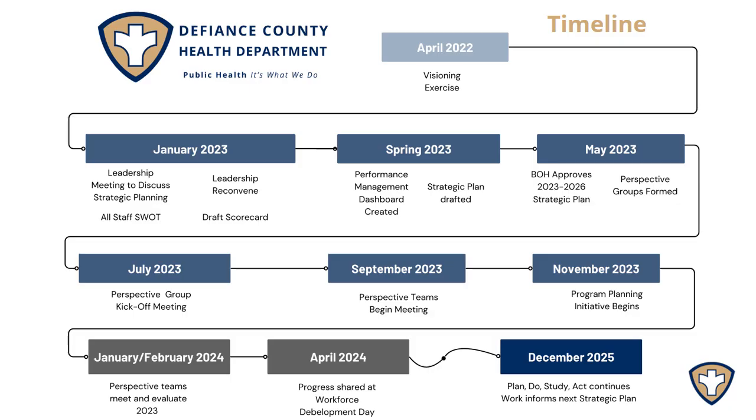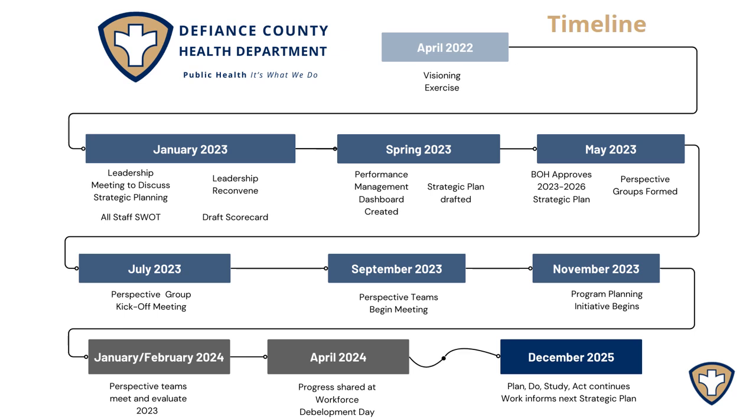So I have just gone over a lot of information in a little bit of time. We looked at each of the strategic perspectives, the objectives within those groups, and then what are we measuring? How do we know that we're doing what we say we're going to do? I wanted to bring it back a little bit and show this timeline, which goes back to April 2022. As I mentioned at the start of this presentation, our strategic plan started with a visioning exercise. Over the months and over the years, we've had one thing lead to another to get to where we are today.